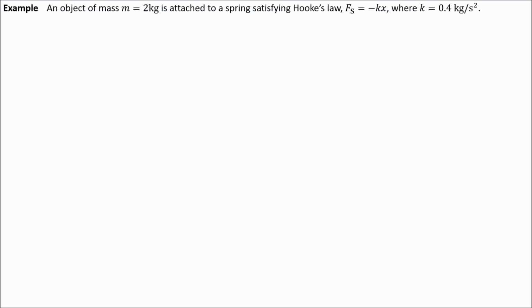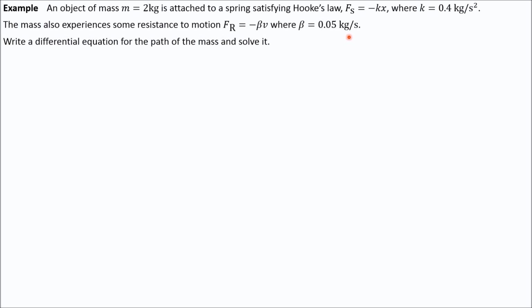So let's suppose we have an object, I believe it's the same mass and spring constant. Maybe I changed them, I can't remember. But let's suppose that the resistance is brought way down to 0.05 kilograms per second. Then we're going to write the differential equation for the path of the mass and solve it again, just like